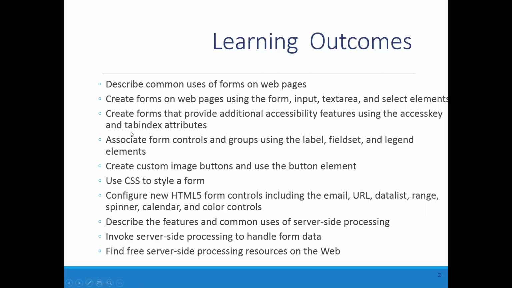So after we cover the content in this chapter, you should understand what the common uses of forms are on a web page. And of course, forms are used all over the place by web developers to collect information from web page visitors. And how are we going to create web pages using form, input, text area, and select elements? I'm going to talk about that in a second, but form is just the new element. That means it's an open and closing container tag in HTML